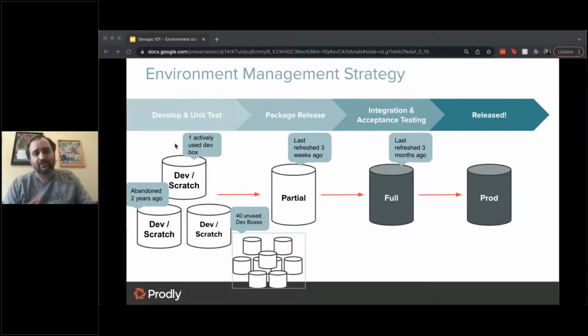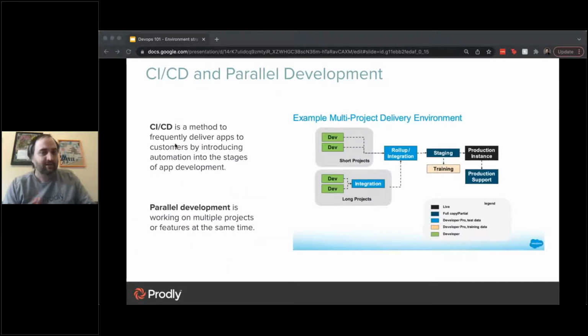We're going to move into a different topic now around CI/CD inside of Salesforce. This is kind of an end result of getting to a best-in-class environment strategy: the ability to eventually implement a continuous integration, continuous deployment solution for Salesforce. CI/CD is really just a software development term, and